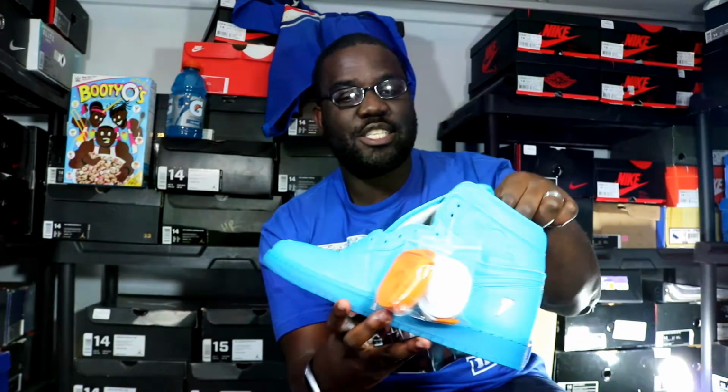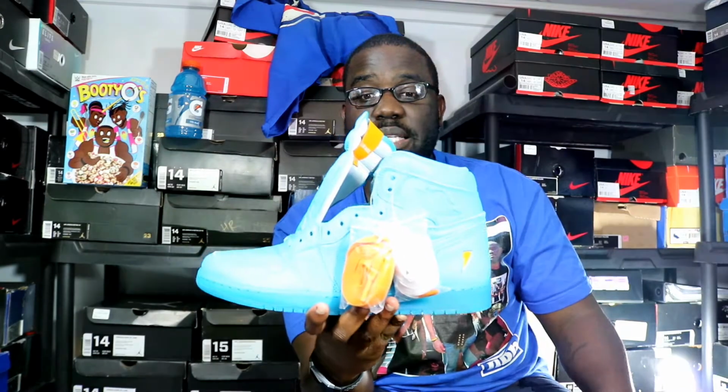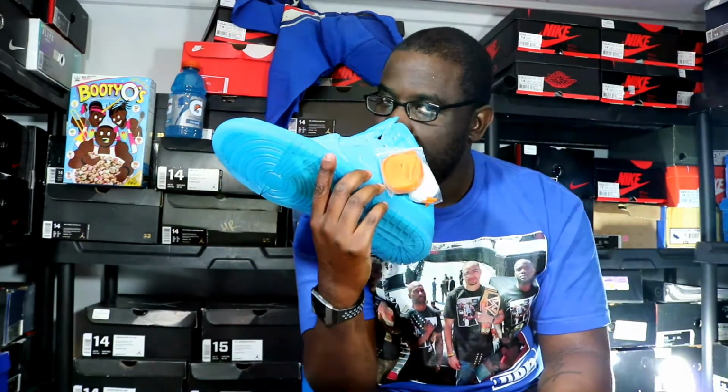Just when I saw these and I saw this colorway of them, I said, this is the one. This is the one I want out the pack. But I wound up getting two because I liked another one as well. But man, these are...